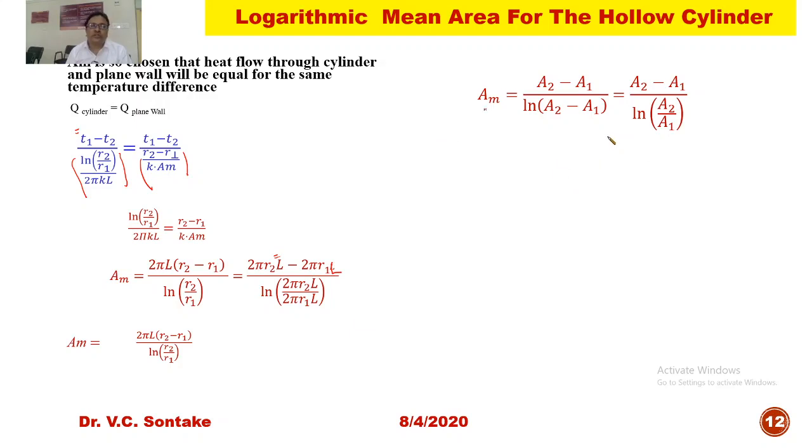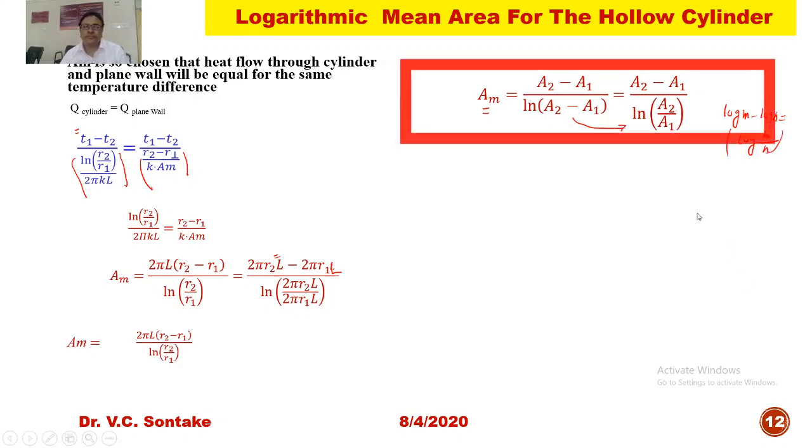So the expression for logarithmic mean area will be A2 minus A1 over log of A2 by A1. This can be deduced from the law of logarithms. Log of m minus log of n can also be written as log of m over n. So this is the logarithmic mean area for the hollow cylinder if its heat transfer rate can be expressed in the same form as that for plane cylinder,